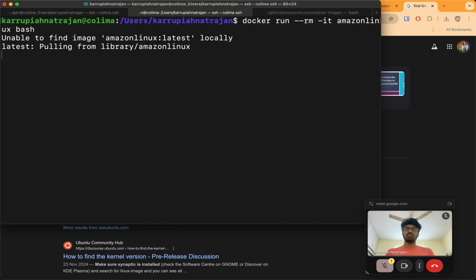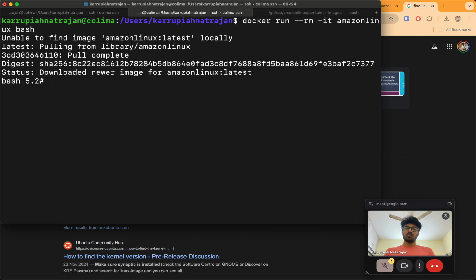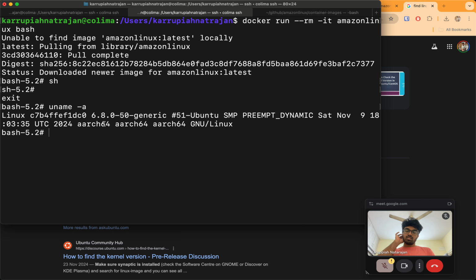If it has bash, maybe we'll get bash. It's pretty small. It also has shell. Okay. So uname -a. This is 6.8.